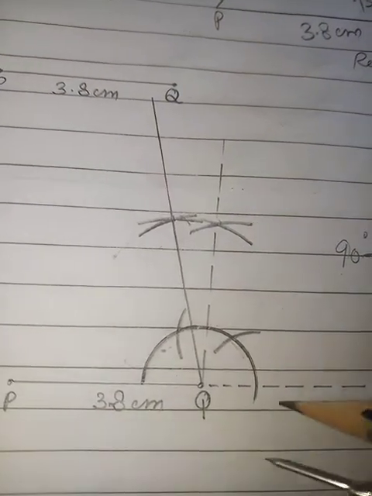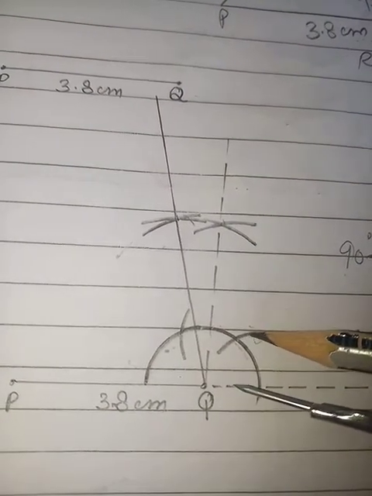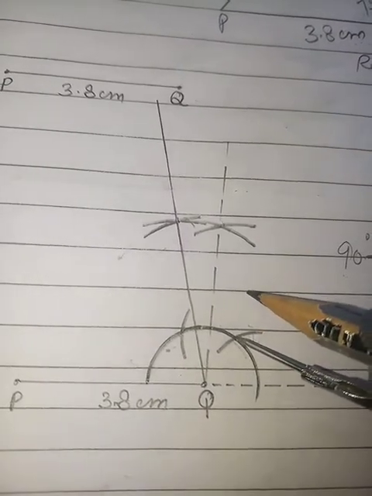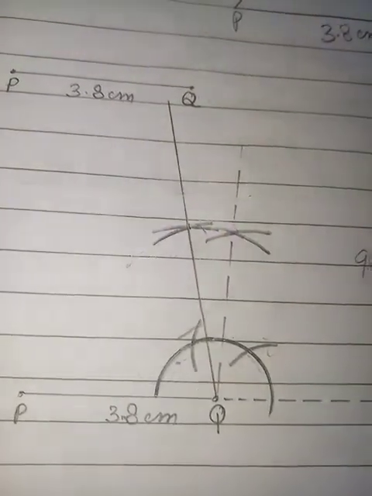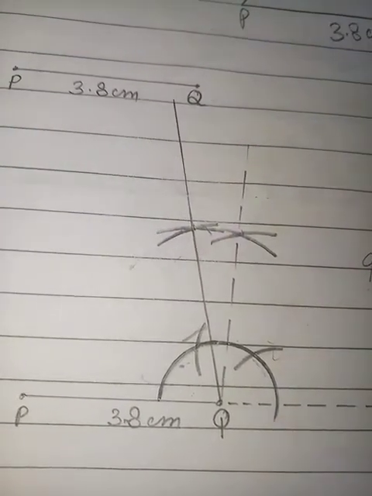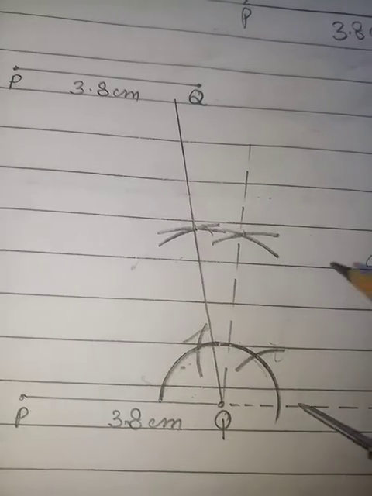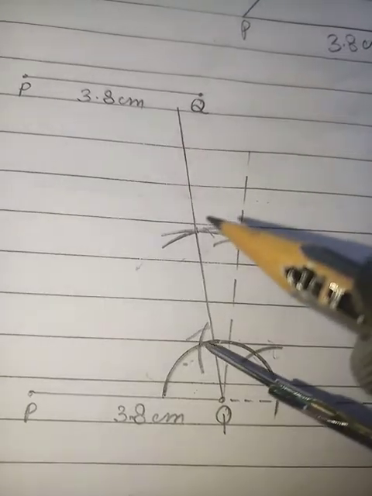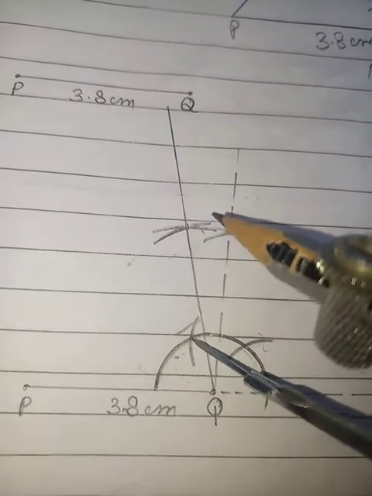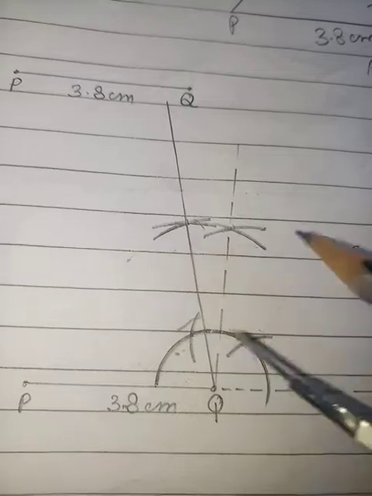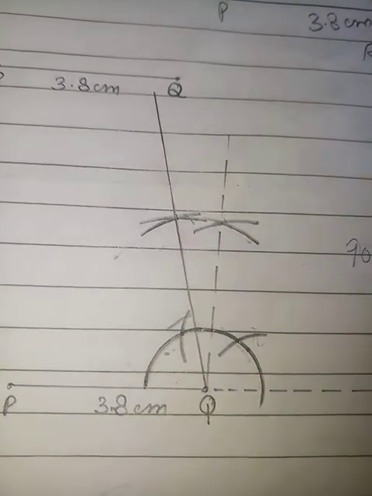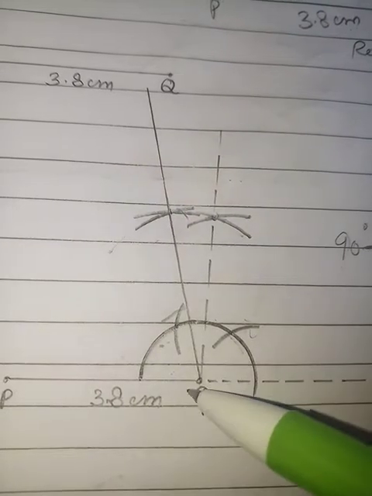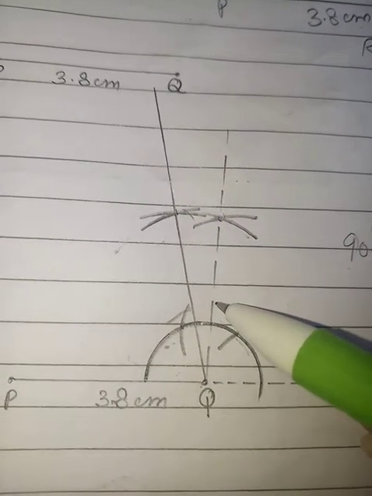So beta when we will mark this one arc, this is the angle of 60 degree. Okay, from 60 when we will again make one more arc, this will be 120 degree. Okay, now what we need to do, we need to bisect it. So by taking this point as a center, we will draw an arc here. By taking this one as another center, we will intersect this arc. Okay, at the point where the two arcs are intersecting, by passing through that point, we need to draw a straight line. Okay, so this is the angle of 90 degree.